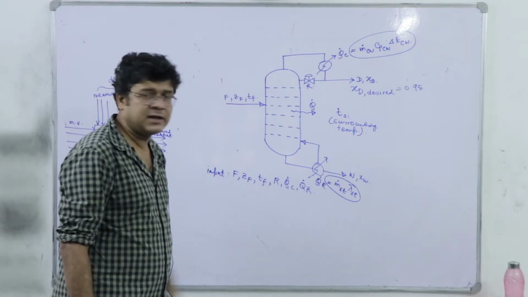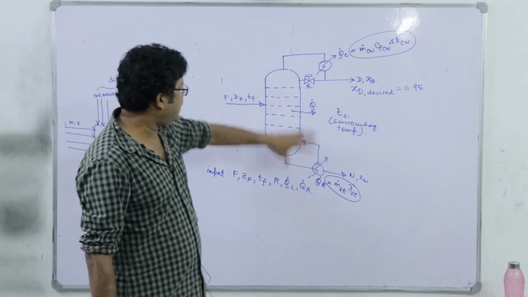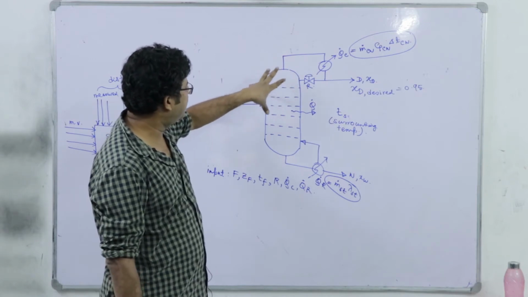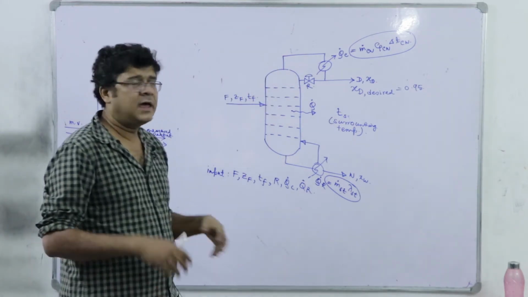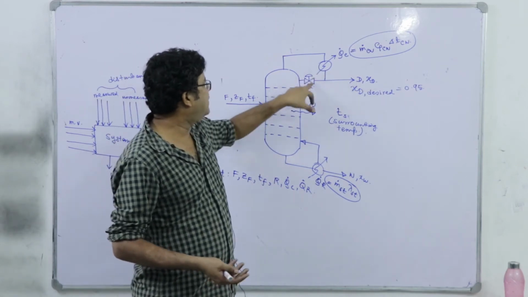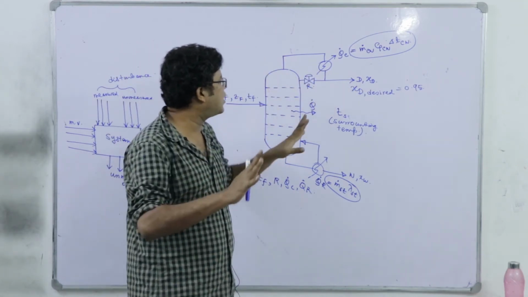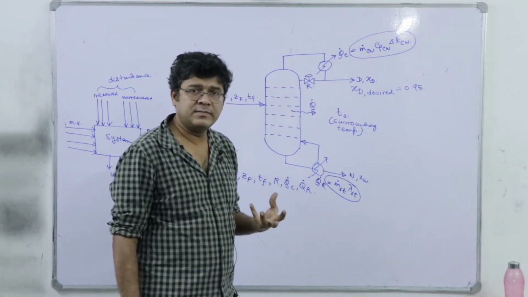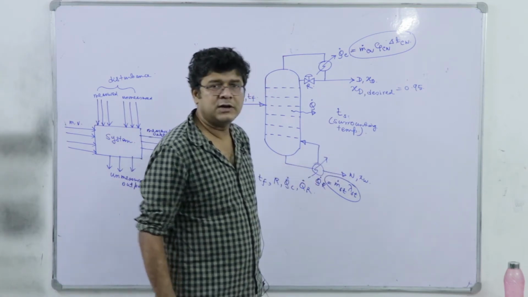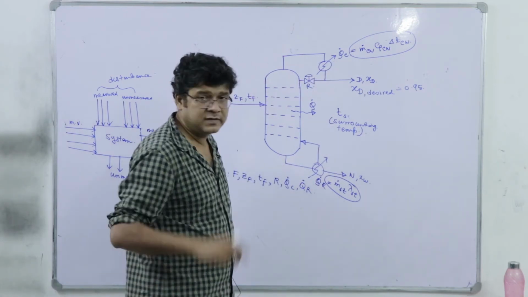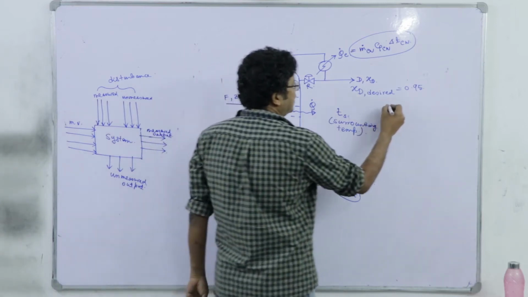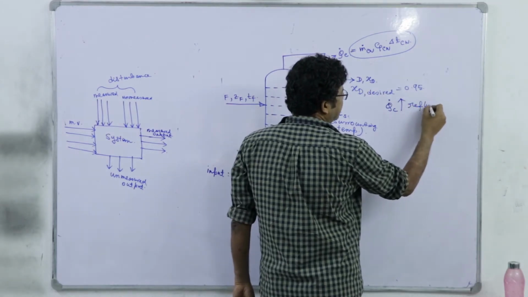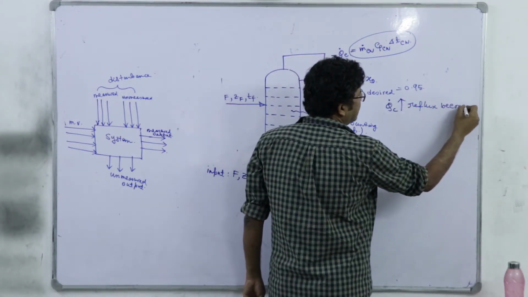So definitely Q dot C and Q dot R are manipulated variables, the inputs, because we are changing them and giving this information to the distillation column system. As a consequence, if all the other variables are kept constant and I am simply changing Q dot C, definitely my XD is going to alter, or XW will also alter. Why? When we change Q dot C, say Q dot C is increased, the reflux becomes a cold reflux,